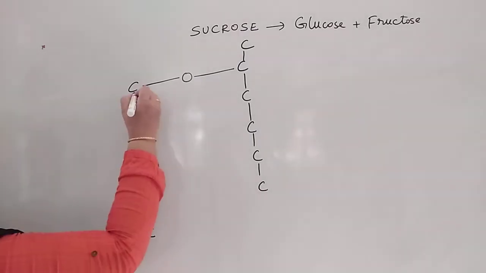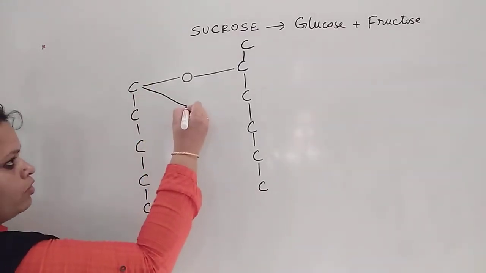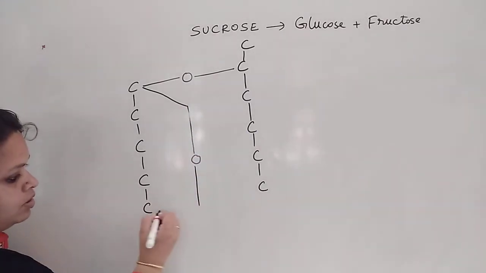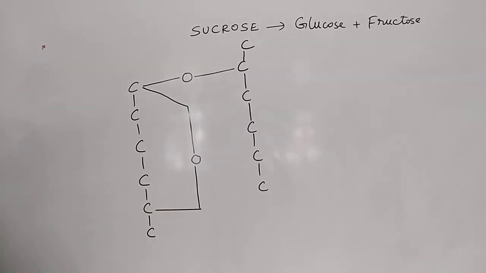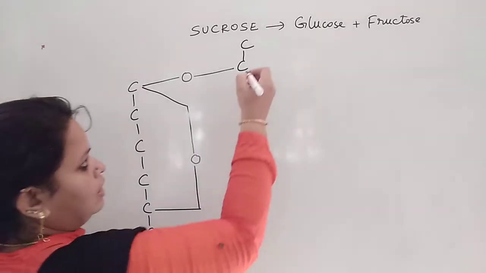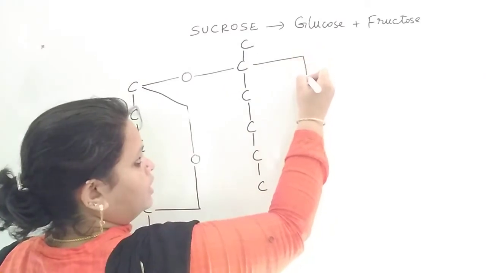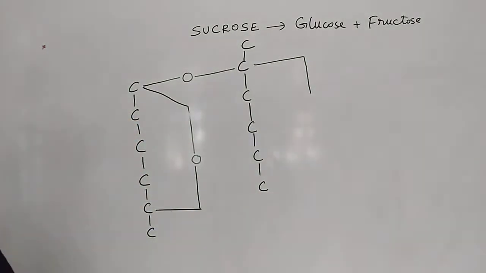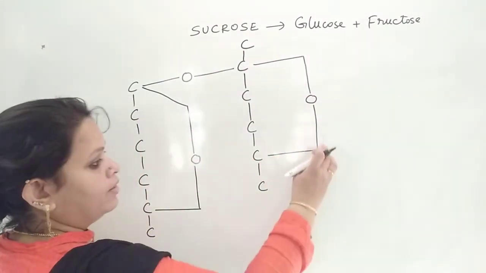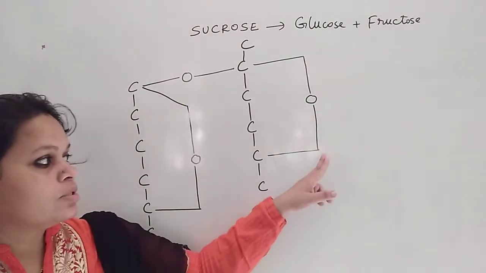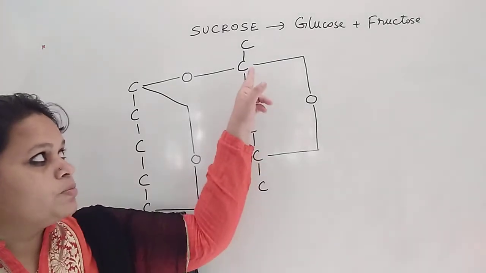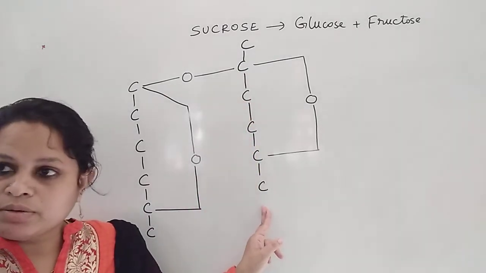And here the first carbon atom of the glucose will be forming a bond with the fifth carbon atom of the glucose. And here, the same way, the second carbon atom of the fructose will be forming the bond with the fifth carbon atom. Okay. Fructose, we have learned the structure of fructose in which the bond is between the second carbon atom and the sixth carbon atom. If the bond is between second and sixth, it will be having a pyranose ring structure.